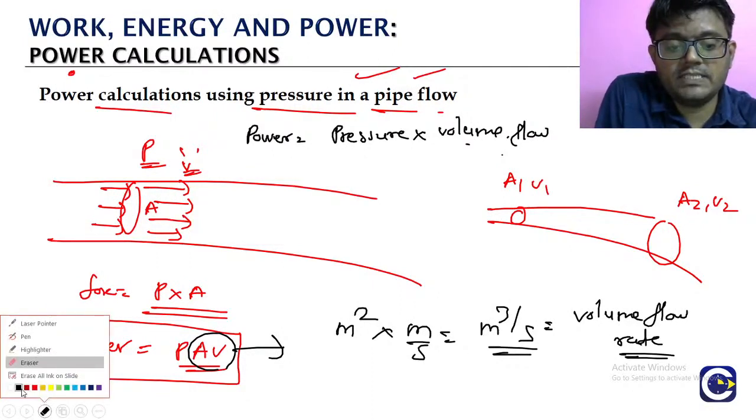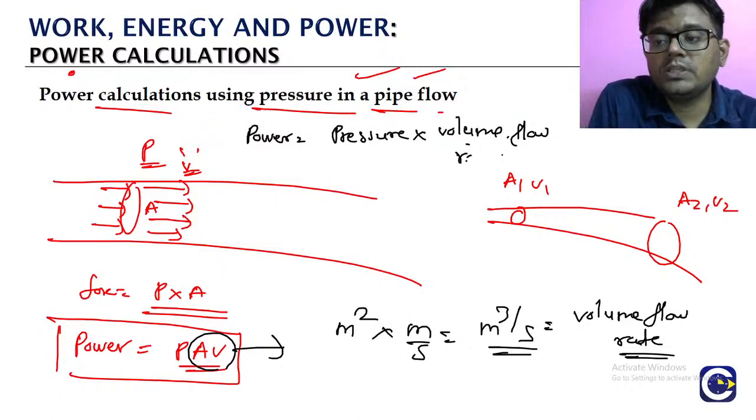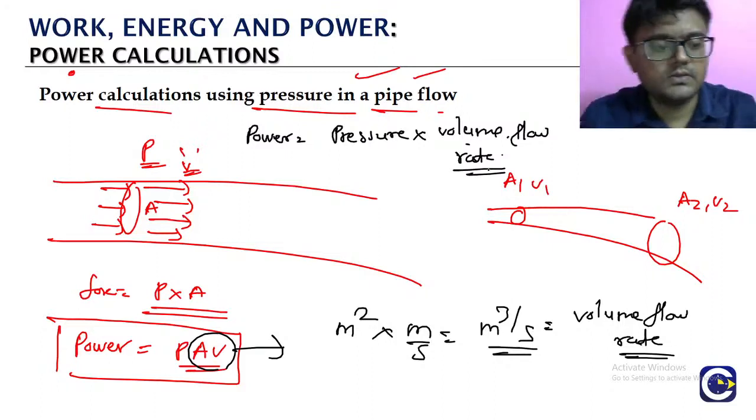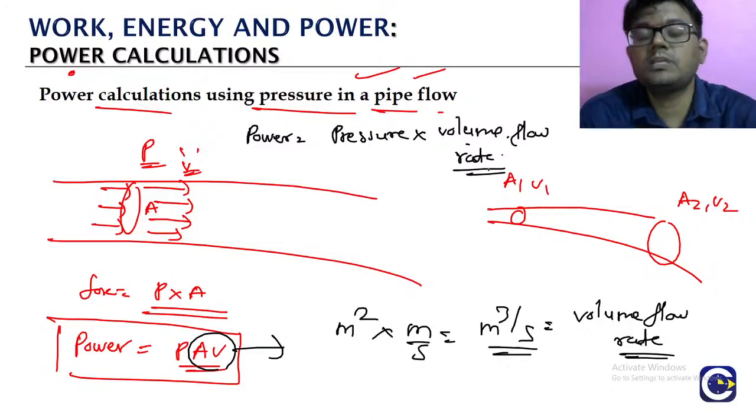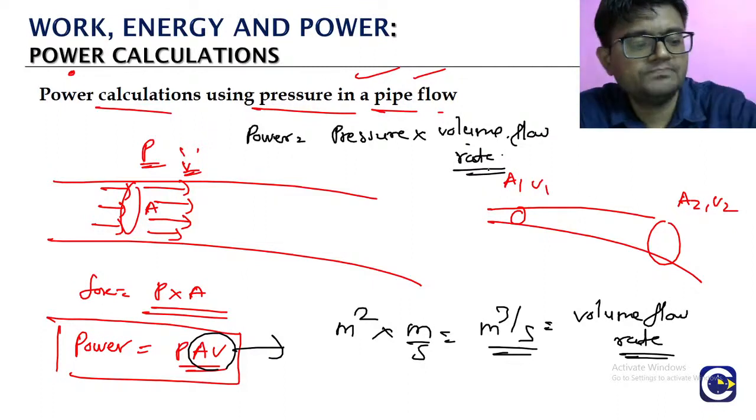What is the relation we see here? Power is equal to what? Pressure into the volume flow rate. Okay, so this is about the power calculations by using the pressure in a fluid pipe. Okay,